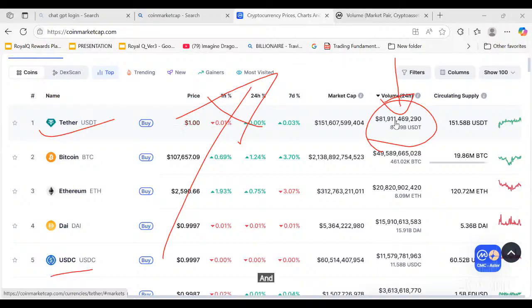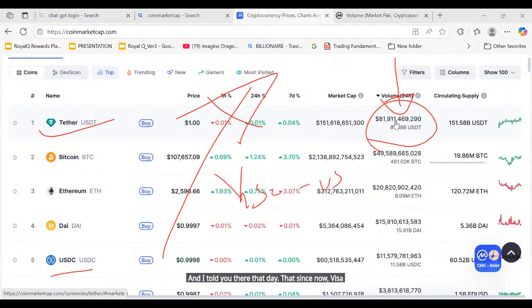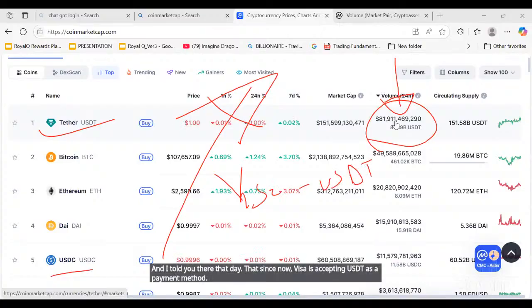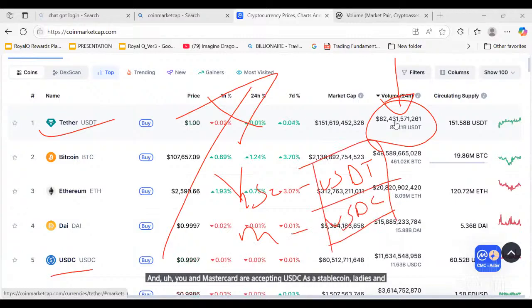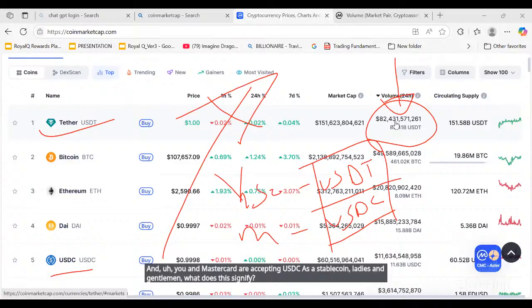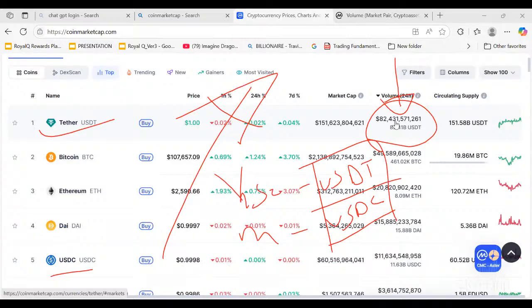And I told you the other day that since now Visa is accepting USDT as a payment method, and MasterCard is accepting USDC as a stable coin, ladies and gentlemen, what does this signify? It signifies that more customers can now